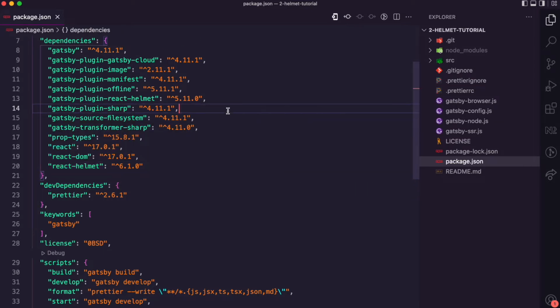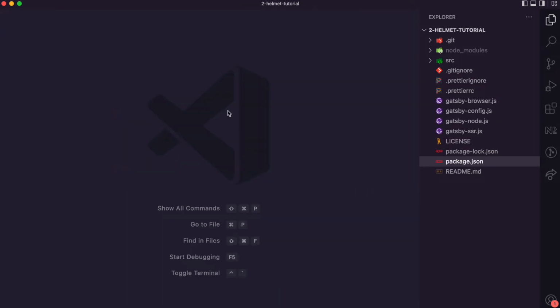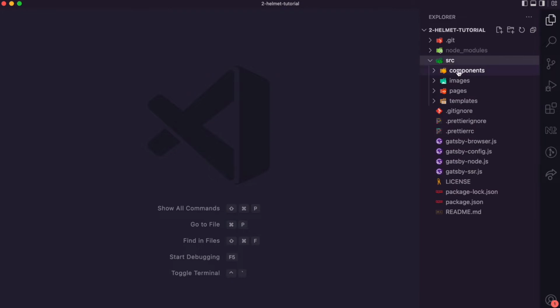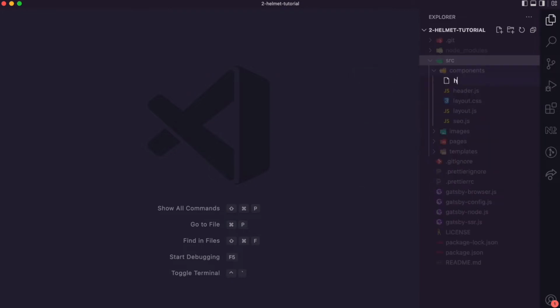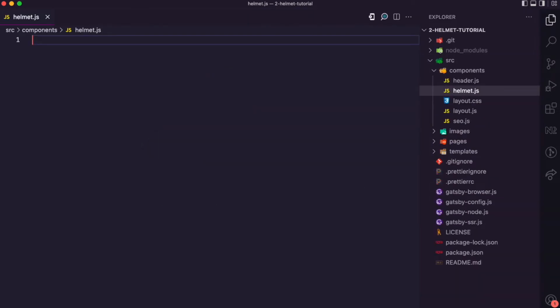Now I think in Next.js you also have a head component which you can use to do the very same thing, but we'll be using the helmet package here. So now I want to create my helmet component. Like I said, this helmet component is going to allow us to dynamically change the meta information of different web